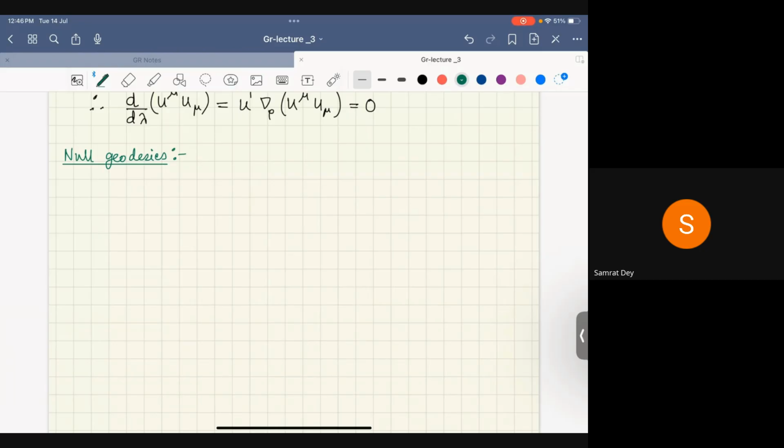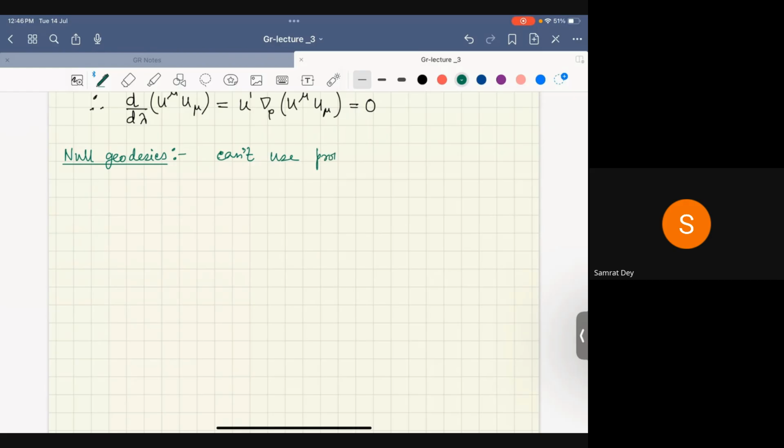A null geodesic is the path, as you all know, taken by a light ray in a curved background, just as the time-like geodesic describes the path of a material particle with some mass. However, there is a problem for describing null geodesics, and the problem is that we cannot use proper time